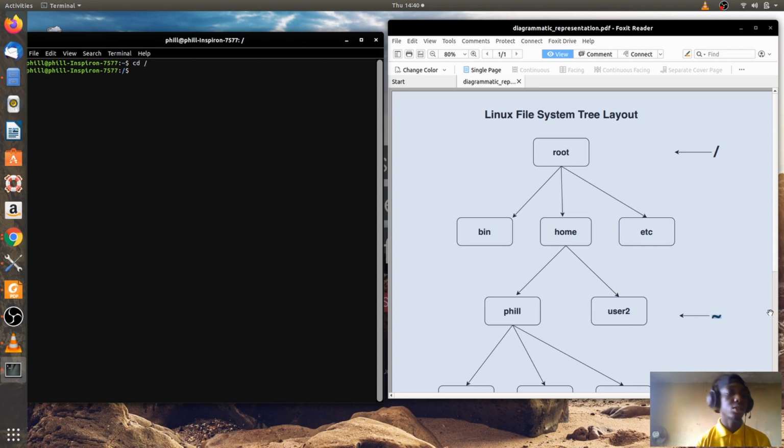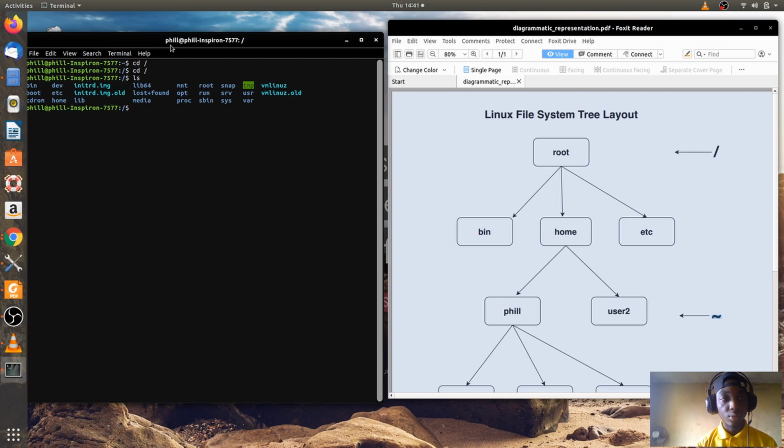Linux represents its file system like an inverted tree, so everything starts from the root directory. Other subsequent directories will be found from your root directory downwards. So if you type cd, which means change directory, cd / is going to the root directory, and this is it here. If you use the ls command to check what is inside, you can list